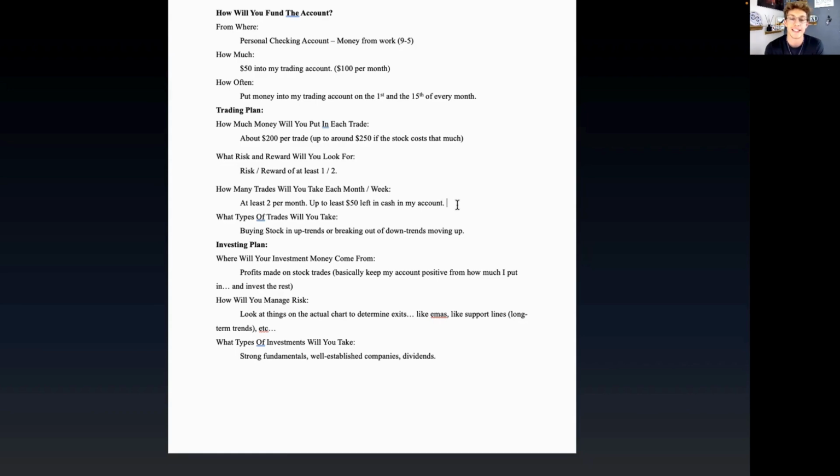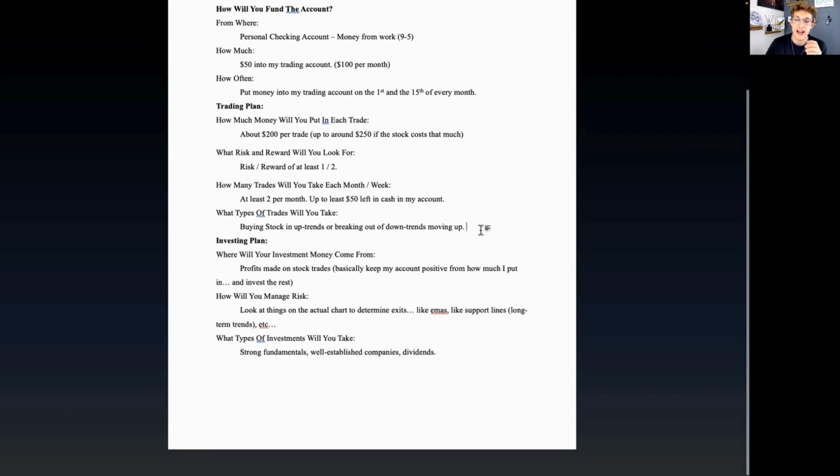I won't necessarily take the 2 trades if there's no good trades, but I want to make sure I'm getting into trades. Through the course of a month, there are almost always going to be some good trades to take. Granted, I am only looking at doing trades to the upside in this account, so there's some limit to that. But there's always stocks making moves, and there's always potential to make money in the market. So I want to take at least 2 trades per month when I can. And then I do want to keep that cushion. So that's perfectly fine. Nothing to change on that.